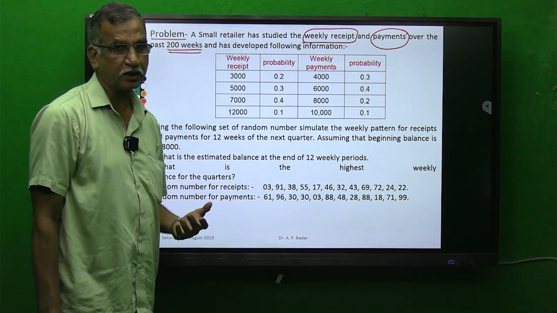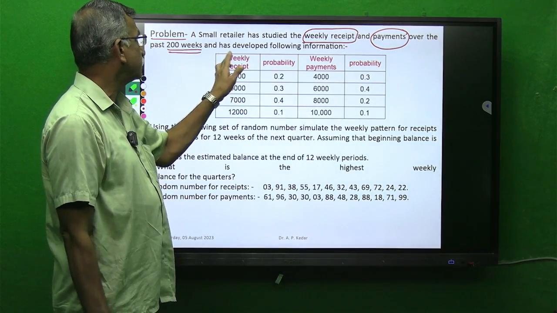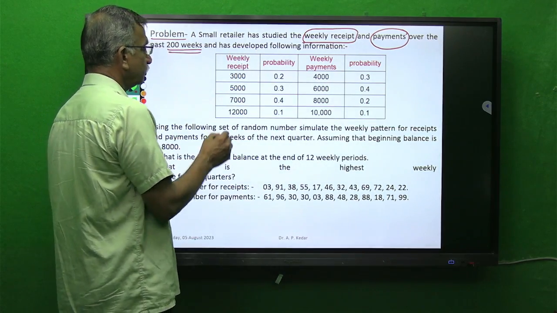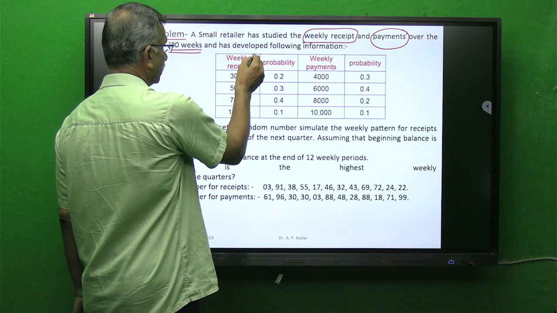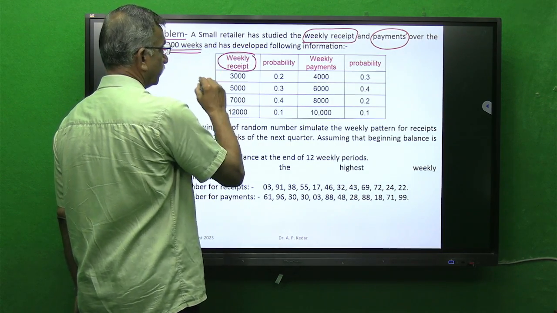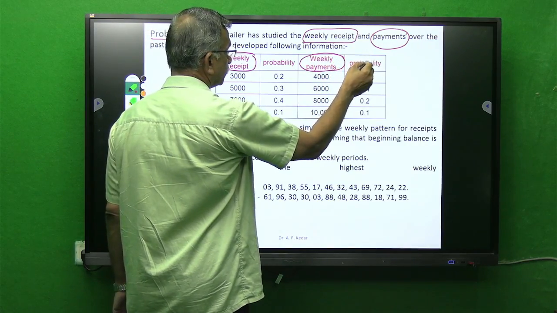So statistical data based on the last 200 weeks has developed the following information. So the information pertaining to weekly receipts, information pertaining to weekly payments in the form of probability distribution,